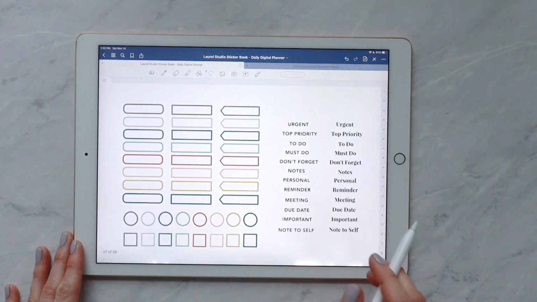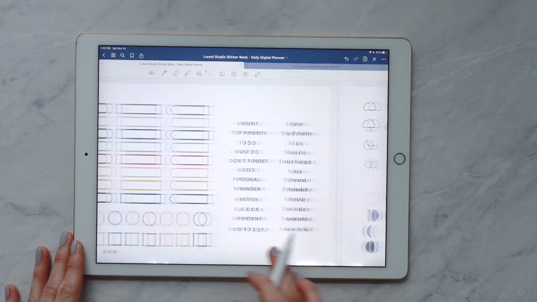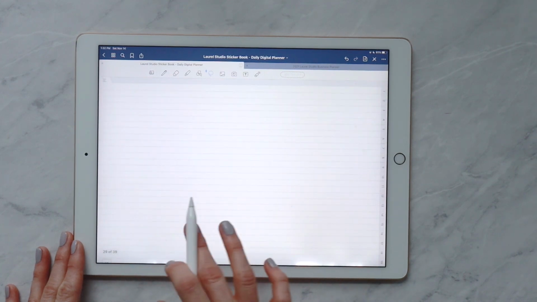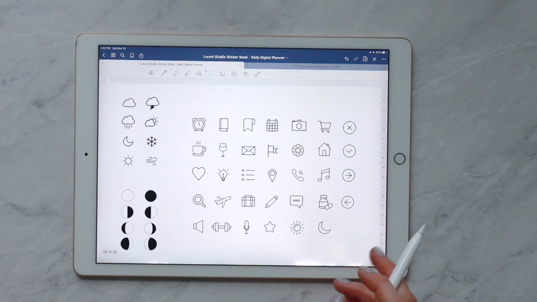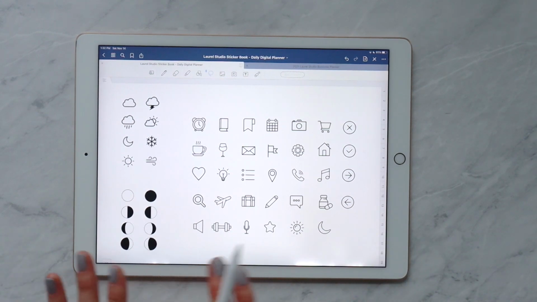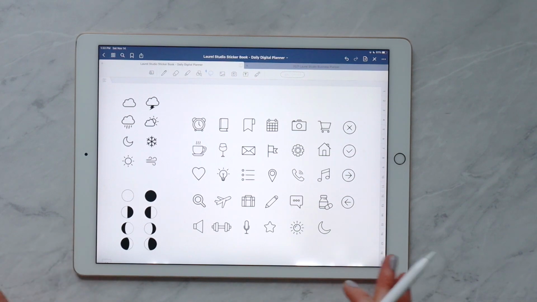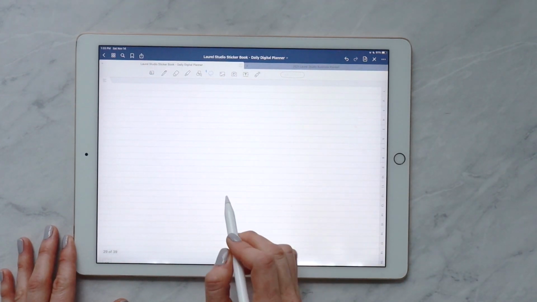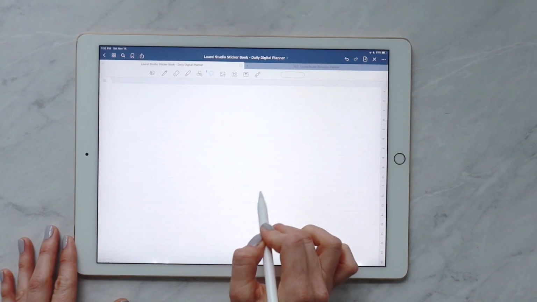And I have another option as well with these outlined stickers. I also have icons, and you can get a ton of other decorative stickers, like I said, from other makers. I have other sets in my shop, so you can add any level of personality or customization through images as well. And the last piece I want to show you is that I also have these full page